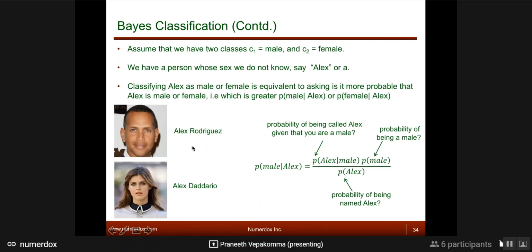So there's Alex Rodriguez, who's male, Alex Daddario, who's female, right? So what you do is you want to know the probability of male given the first name is Alex. I only give you the first name. And if your data set was only 2 samples, instead of, like in real life, thousands of samples, for a simpler cartoon, this will extend to 1,000 samples as well. The formula for Bayes theorem for male given Alex being the first name is this. You flip it around.